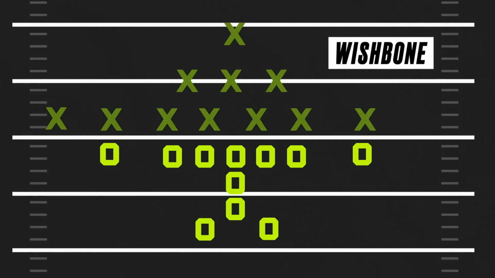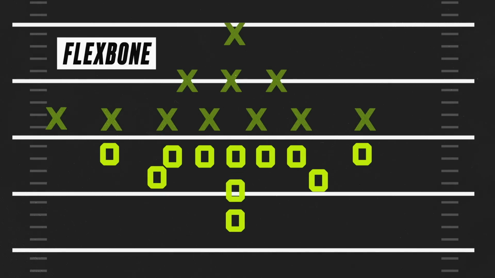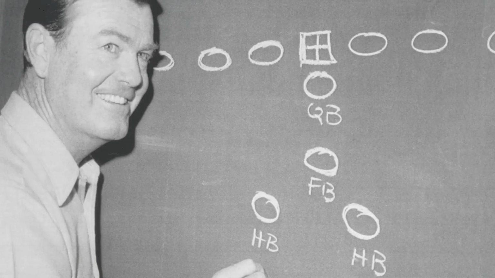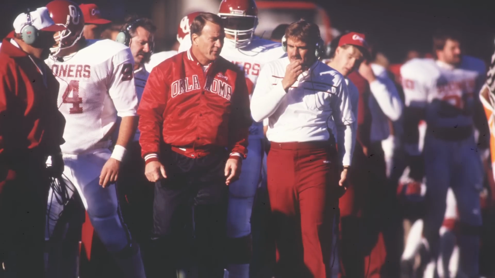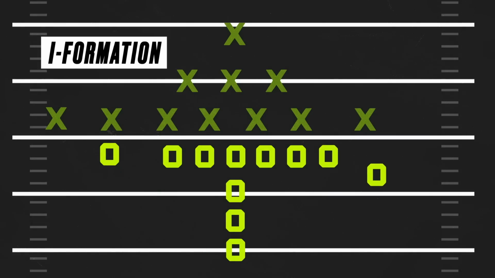Back in the day, you ran the option out of the wishbone or the flexbone. The wishbone powered Texas starting in the late 60s. Then, it reinvigorated Bear Bryant's career in the 1970s. But perhaps no team was better at running it than Oklahoma during that time. Nebraska won national titles in the 90s with the option out of the I formation, showing how the scheme could